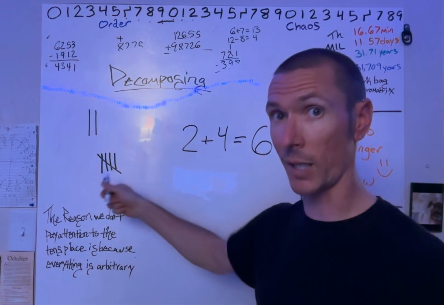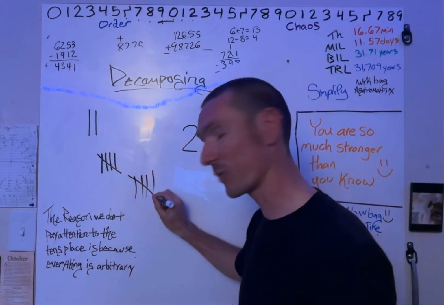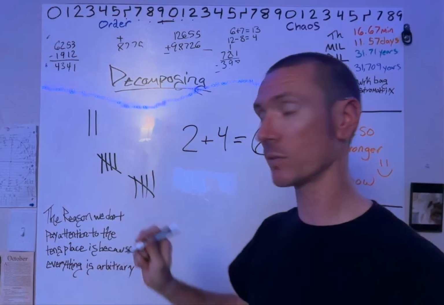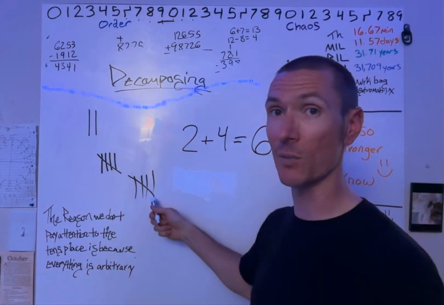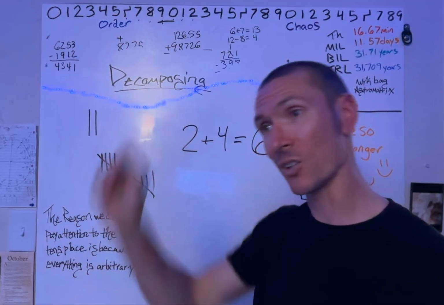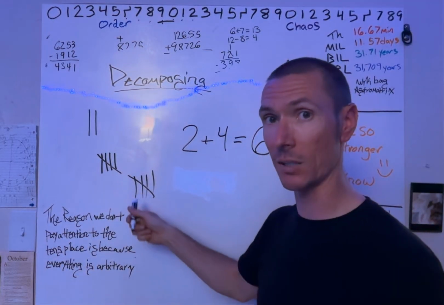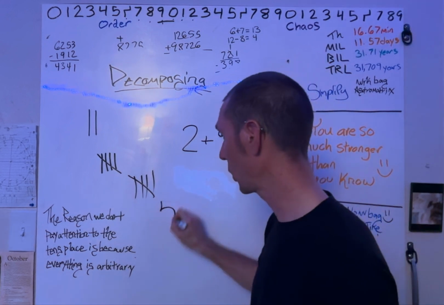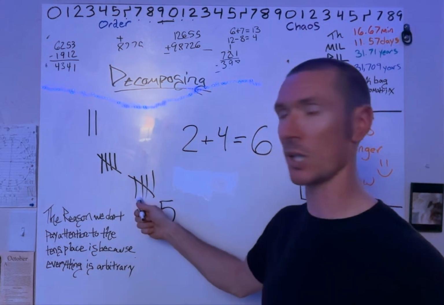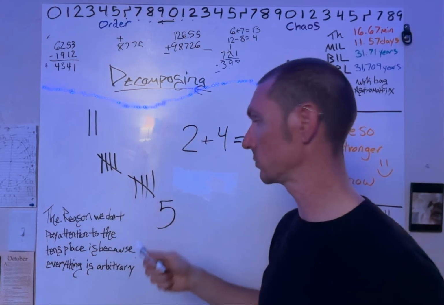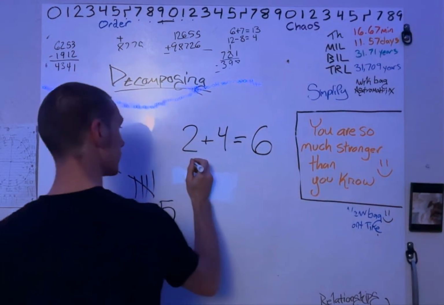You had to write out physically 1, 2, 3, 4, 5. You have 5 tally marks to represent the number 5. But instead of using 5 hand strokes to represent 5 items, they came up with 1 symbol to represent 5 numbers. So instead of writing this,